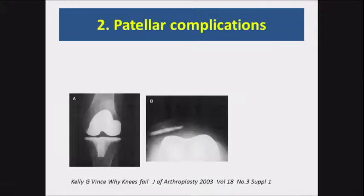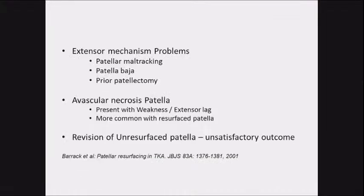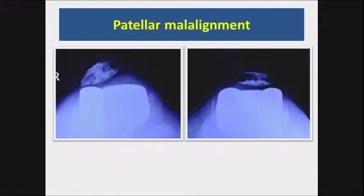Patellar complications are a very important cause, and you can have patellar maltracking, patella baja, it could be post-patellectomy. There can be avascular necrosis of the patella. In the lateral review you heard it was said that the lateral genicular artery should be protected. That's because we want to prevent avascular necrosis of the patella. And this avascular necrosis is more common with resurfacing. And then, of course, if you do not resurface the patella and do a secondary revision, the patients do remain